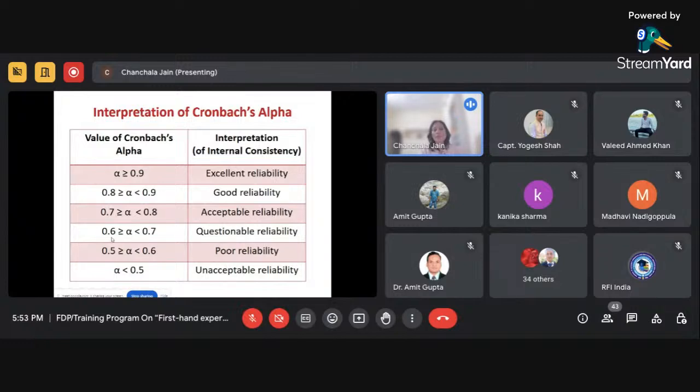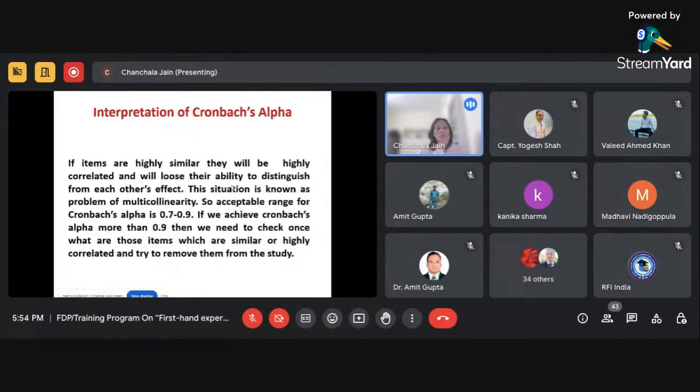Between 0.6 and 0.7, this is known as questionable reliability. Between 0.7 and 0.8, it is known as acceptable reliability. Between 0.8 and 0.9, it is good reliability. And if the alpha figure is greater than 0.9, this is excellent reliability. And in that case, there is a problem. And this problem is known as the problem of